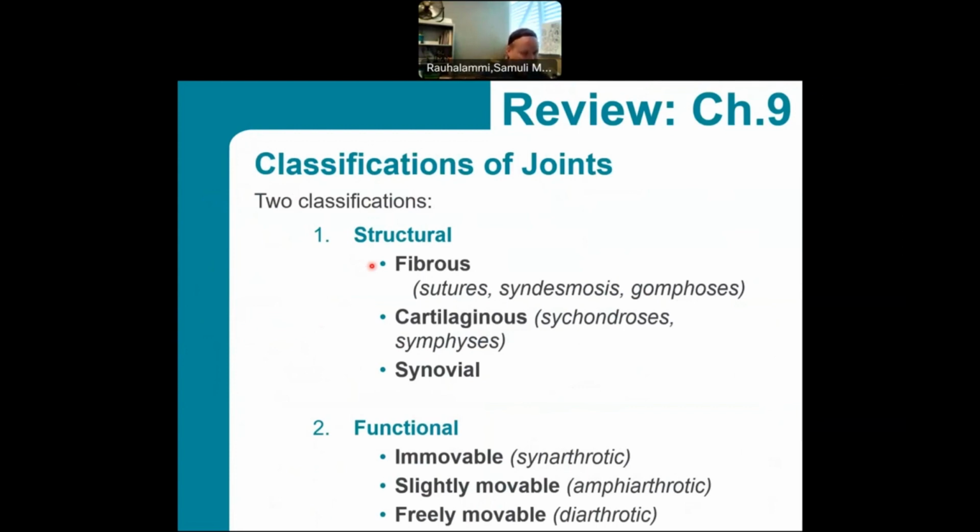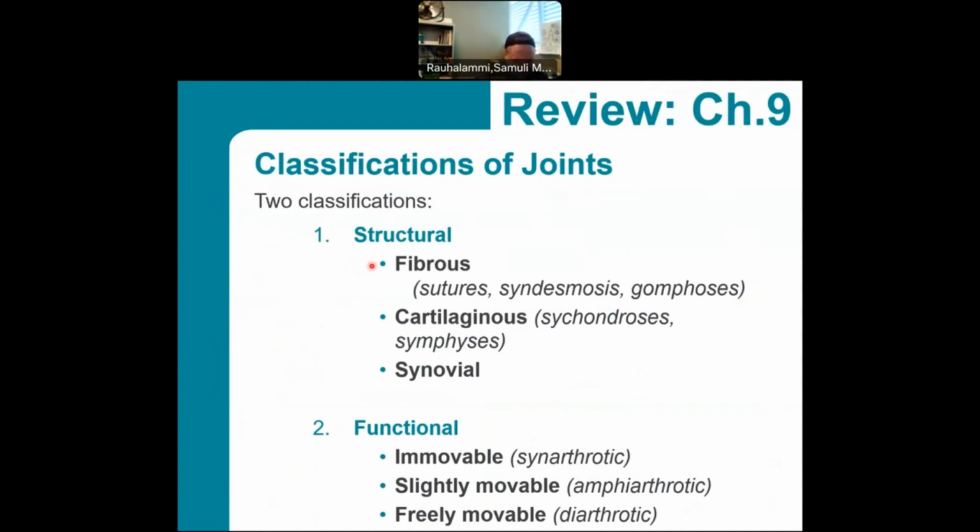What I'm talking about when I'm talking about syndesmosis is really bands of tissue that connect two bones together. I think a good example would be the connection between tibia and fibula, or the interosseous membrane between the two bones, humerus and ulna, for example. So that's what we're talking about when we're talking about syndesmosis.